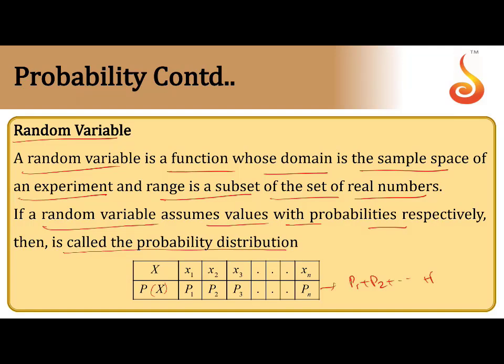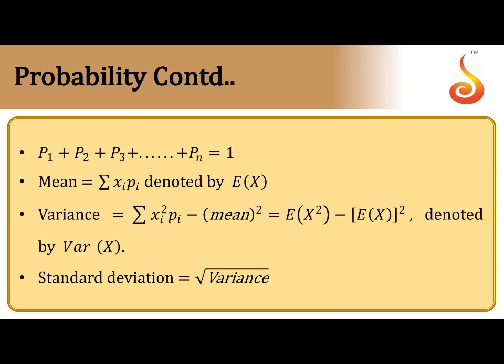That you know from the second year. It is the most important condition. P1 plus P2 plus P3 and so on should be equal to 1, because the sum of the probabilities of all the elements of x should be equal to 1. That is the basic condition which you require. If that does not happen, it is not a random variable. Clear now? So that is the point I discussed: the sum of the probabilities must be equal to 1.